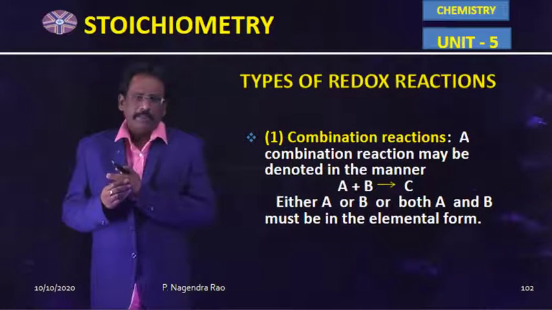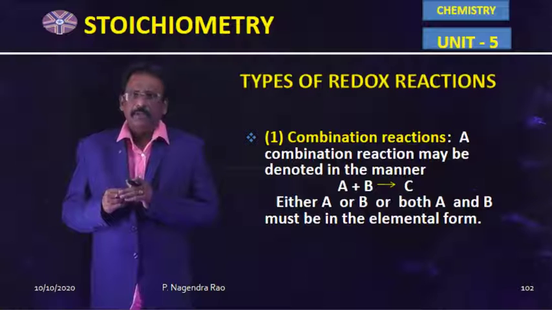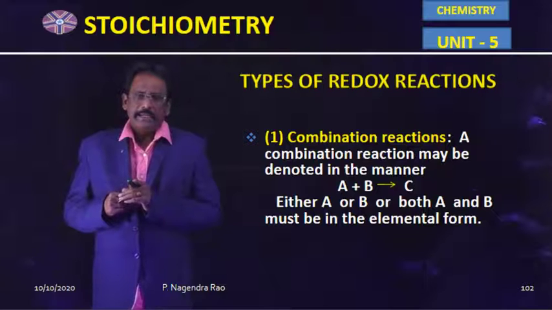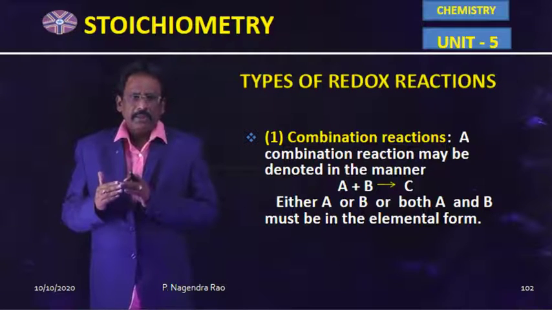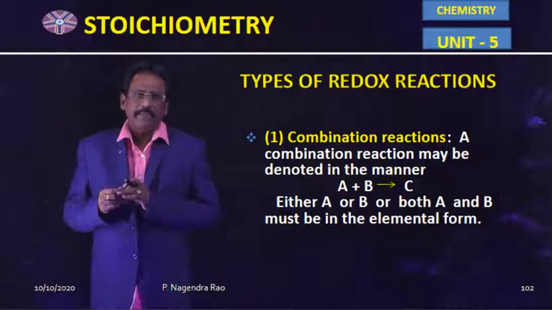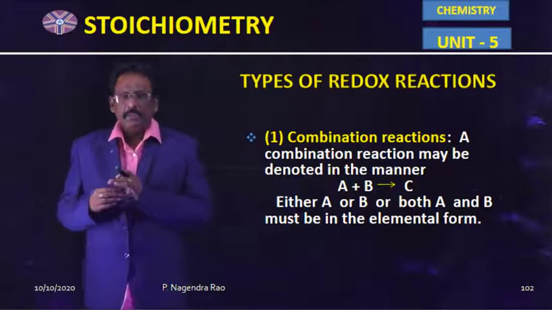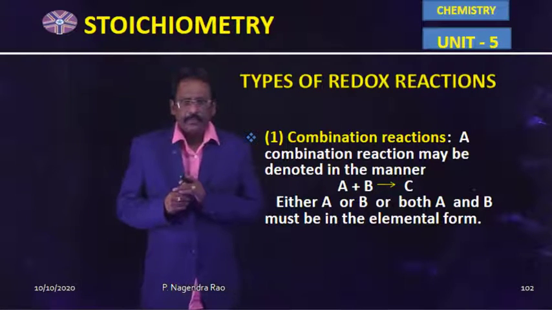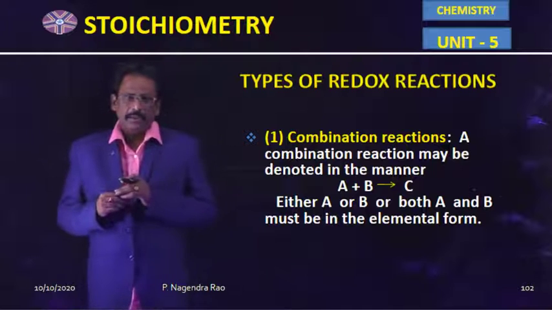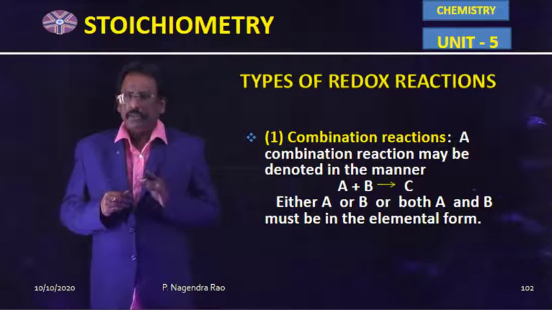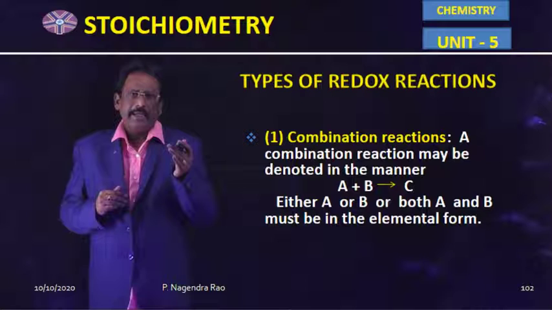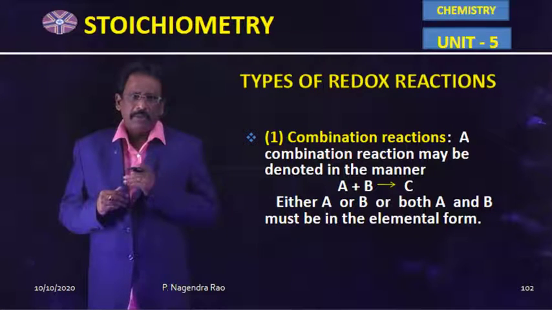Now the next topic in stoichiometry is what are the different types of redox reactions. And first one is combination reactions. A combination reaction may be denoted by the manner A plus B is equal to C. In that chemical combination reaction, either A or B or both A and B must be in